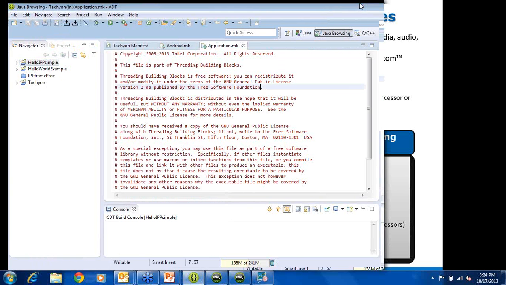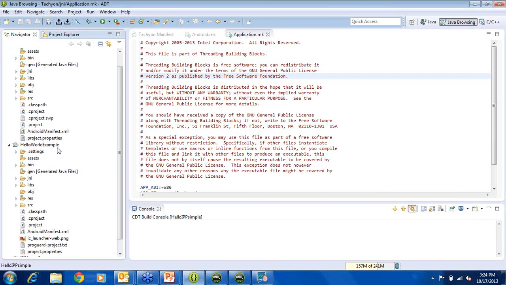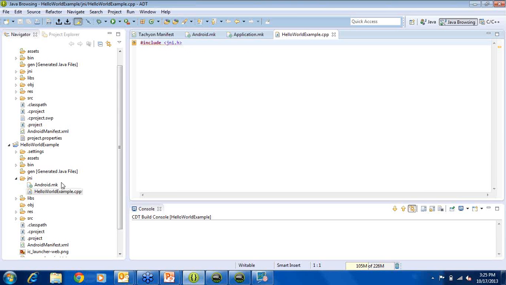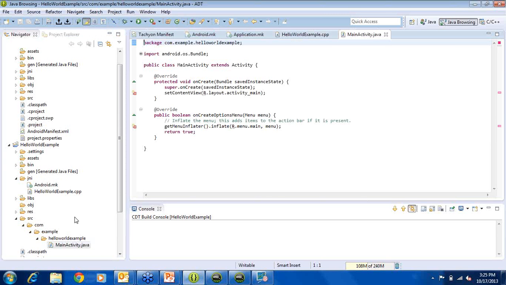So now how do we go about using the IPP functionality within our code? Once you create or turn an application into an NDK app, the first thing that you will see is the inclusion of a folder by the name JNI. This is the interface folder for you, or the one that actually exports the C and C++ interface API that can in turn be used by your Java code. In the Hello World example, we really don't have the interface because we have not defined any, but